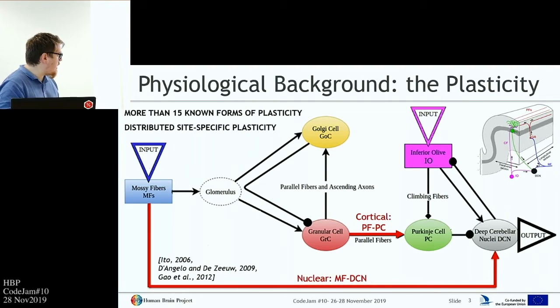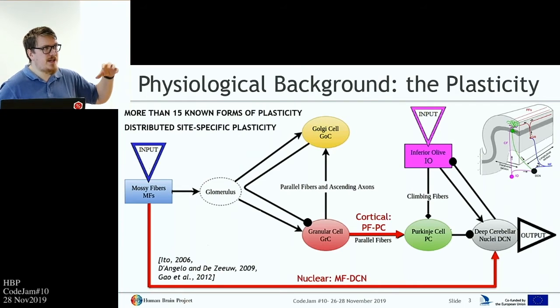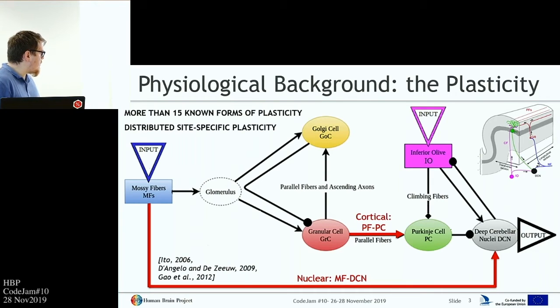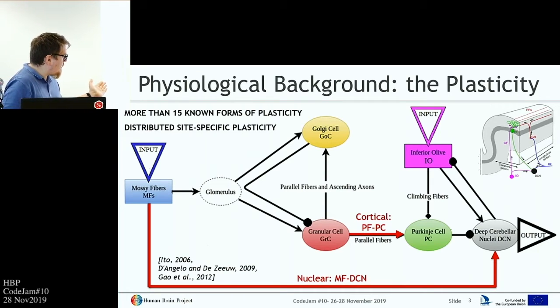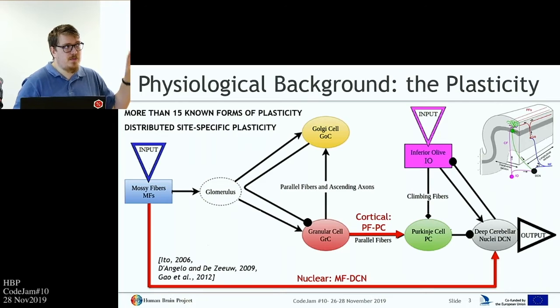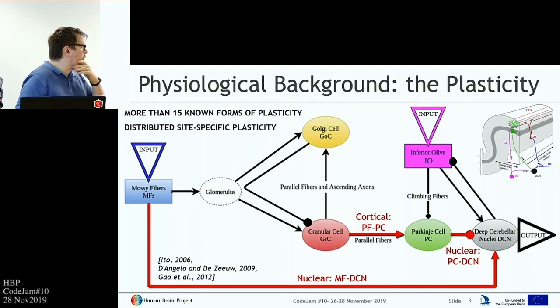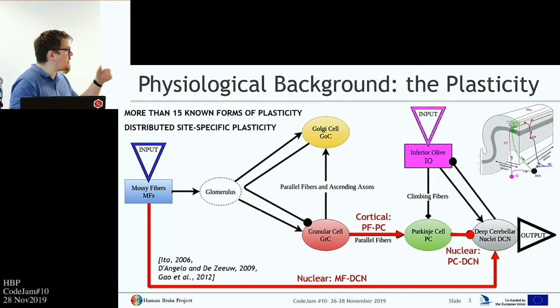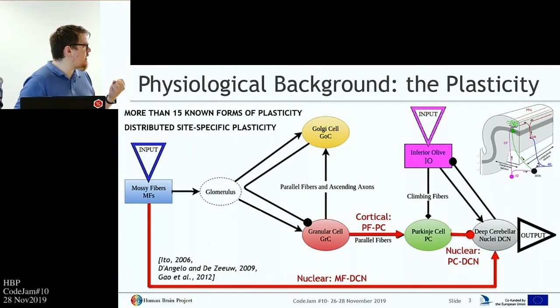Then also other plasticities called the nuclear plasticities, because they involve the deep cerebellar nuclei, which are another structure of the cerebellum, between mossy fibers and DCN, so between the input and the output, we have this direct connection between the input and the output. And then between the Purkinje cell and DCN, those are inhibitory connections. So the Purkinje cells keep inhibited the deep cerebellar nuclei,